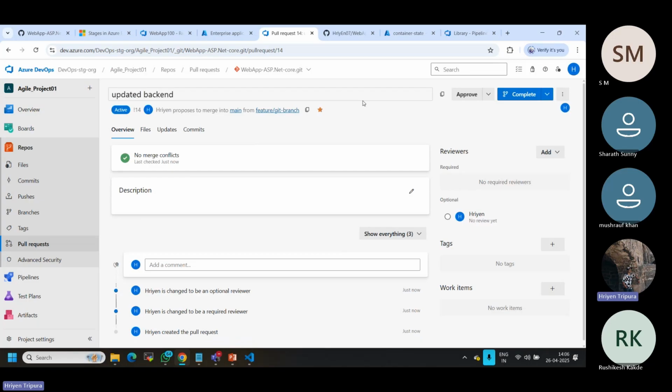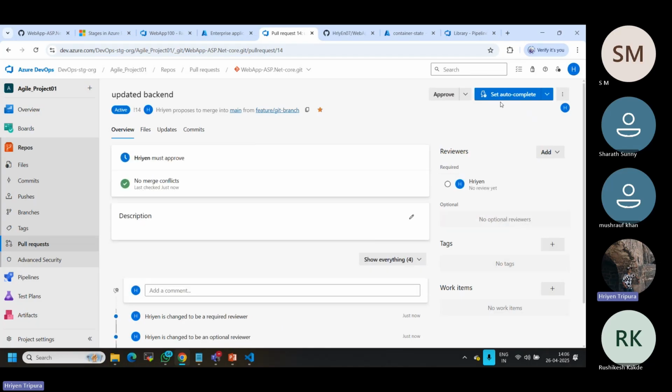Okay, that is also one way. Anyway, in my case, I gave it as optional. Let me give it as maybe required also. It depends on you, you can give anything. If I click here,